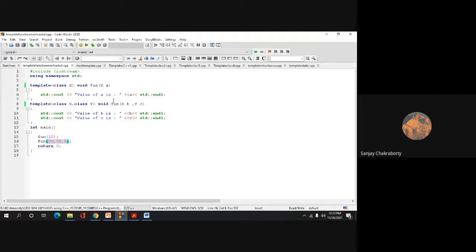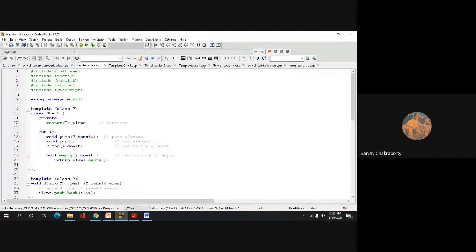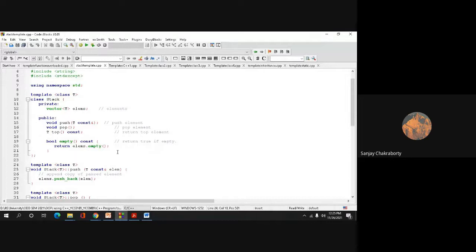Now, this is another example. If you see, I'm just showing it. I'm not running it. You will run it at your home. I have given that program in your Google Classroom. So this is a program. It is a little bit complex program, but this is a representation of a stack data structure using class template. Okay? So I think you have already learned the concept and the nature of the stack data structure in your data structure class. So how we can use a template function type.